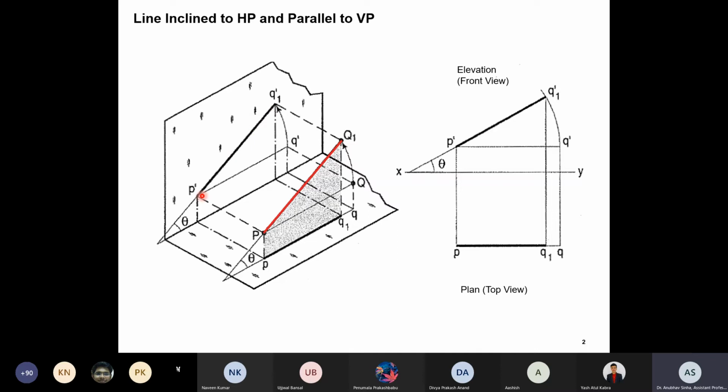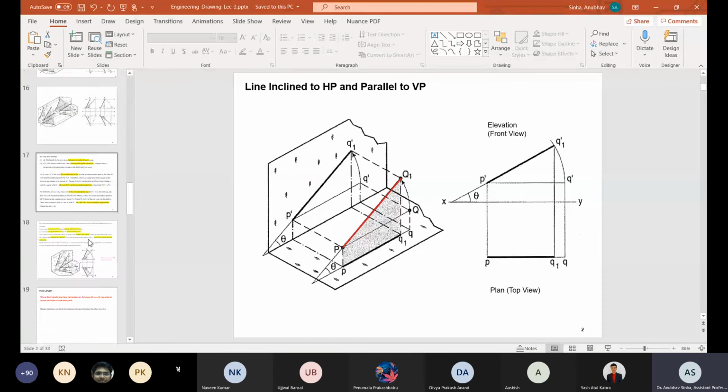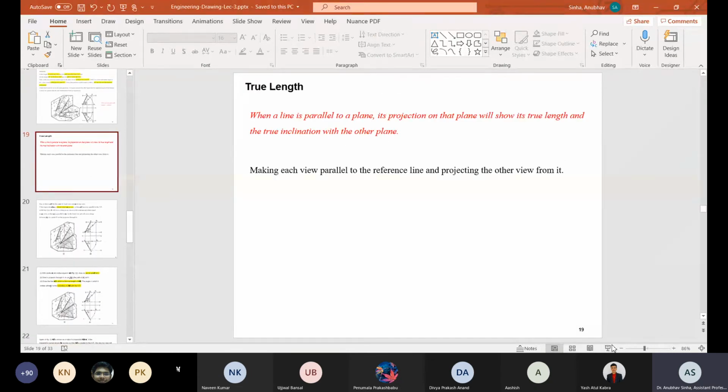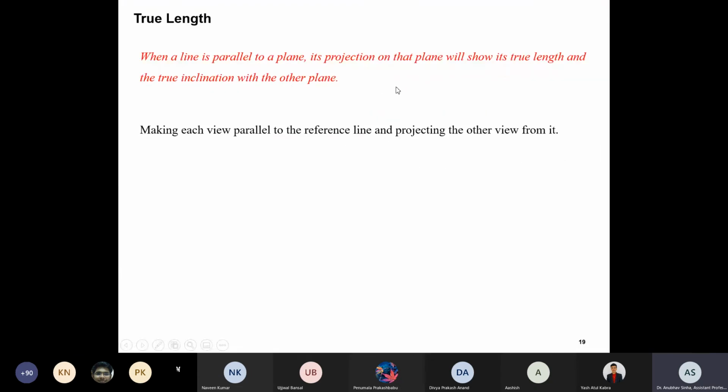So that is basically the idea. What you need to do is draw a line in such a way that it becomes parallel to any one plane. It could be parallel to vertical or horizontal, and that will give you the true length. So you'll draw the projections with the plane to which it is parallel, and P dash Q1 dash will give you the true length of that line. Let me go to that slide again. Okay. So that's it. Now we'll see how to make that. We'll go through the construction steps.